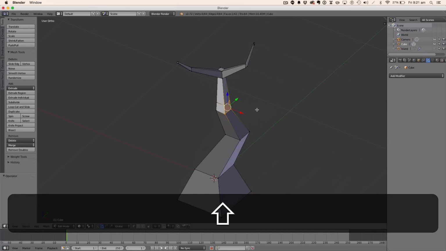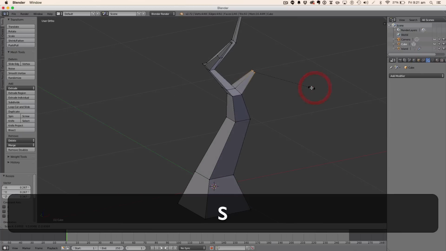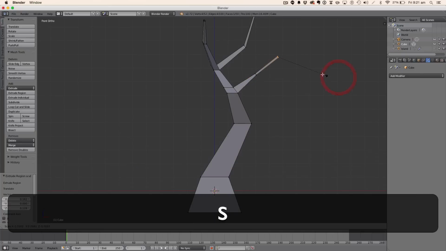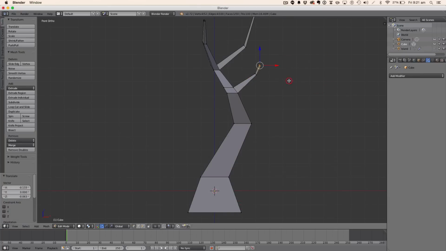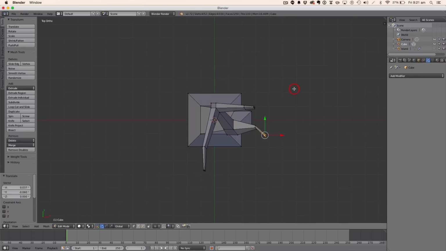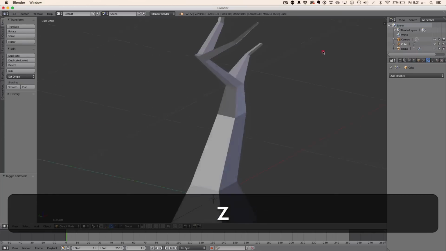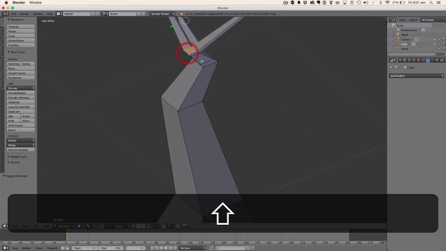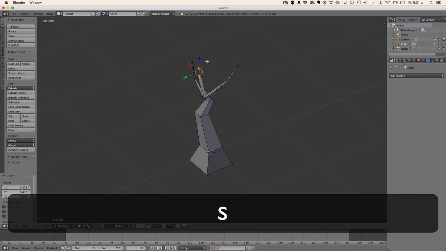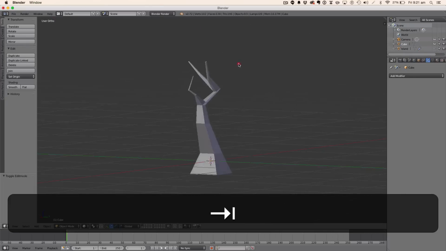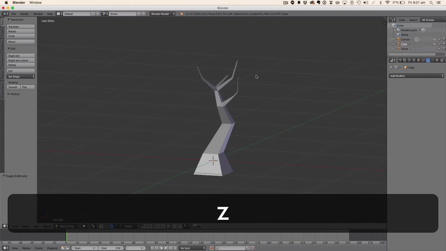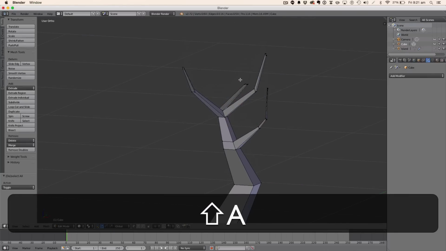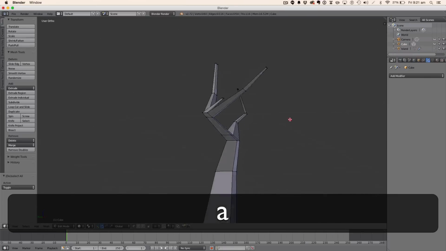Seems I didn't select that. So from here, it's going to select those, G, bring it down like that,